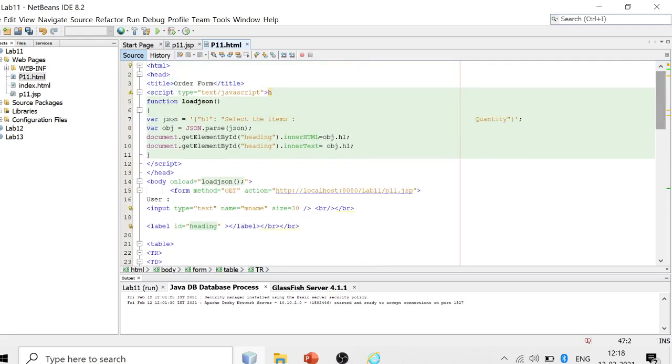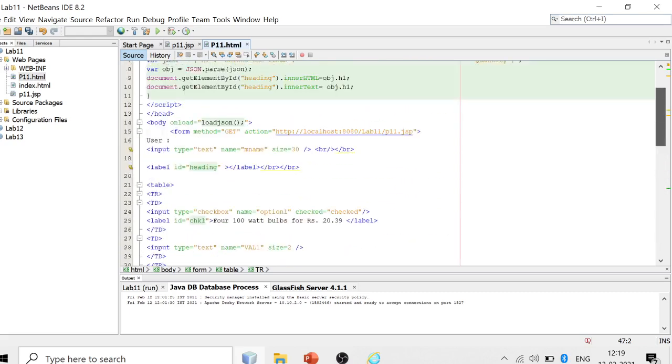For displaying the heading of the form, we are using the concept of JavaScript Object Notation, which consists of key value pairs in a readable format. In this case, H1 is the key, and this is the value. When you pass that JSON variable, it can be read by using the keys used in the JSON variable. Here the key is H1. When I take obj.h1, it gives me the value of this key. So we call this method on load of the page itself, so that it will display the complete form with the headings.